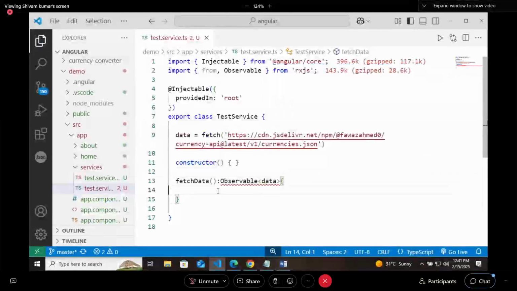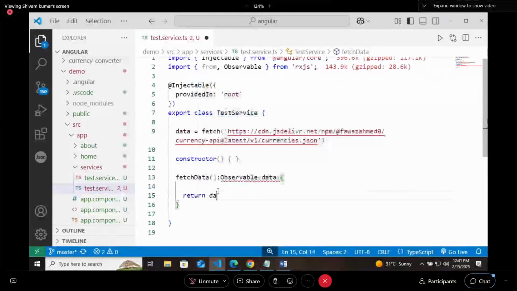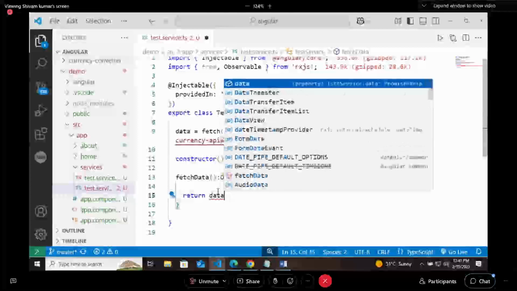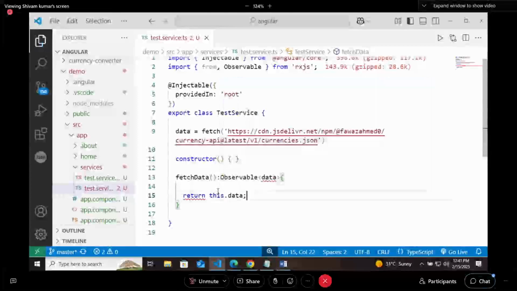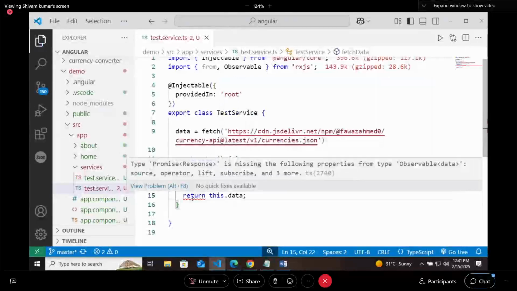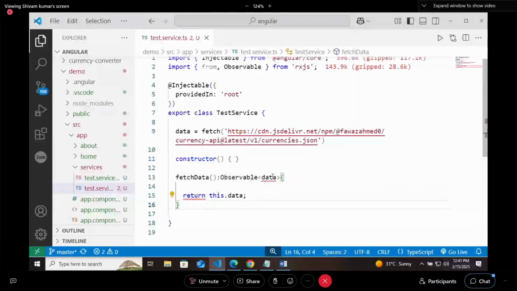Now it should return the data value. Now when you are trying to return this data value, we see the promise response is missing in the following properties. Okay, so no problem. Here you can write this dot data.